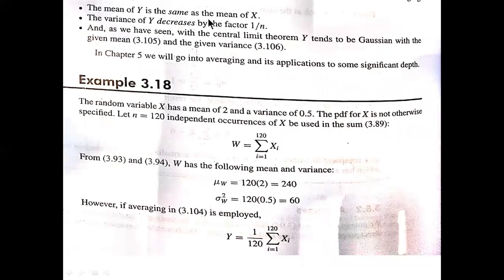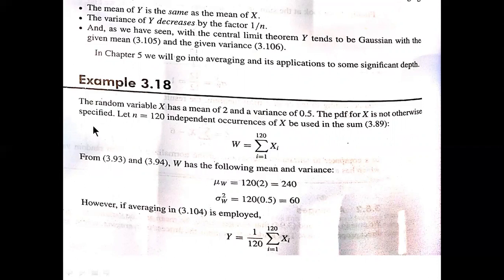So the mean of y is the same as x, and the variance of y decreases by a factor of 1 by n. And as we have seen with the central limit theorem, y tends to be Gaussian with the given mean and given variance. So if n tends to infinity, the variance will just go to 0, whereas the mean of that average function